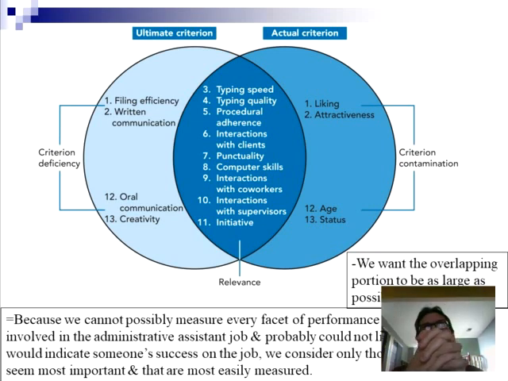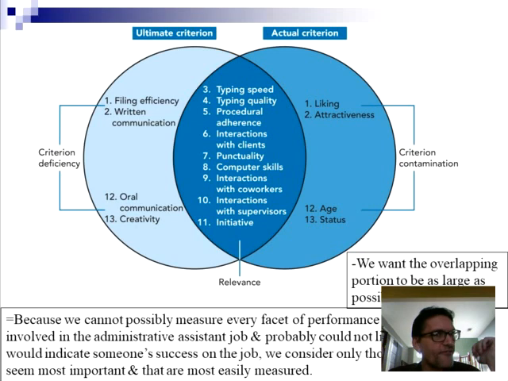In an example of, who should we hire? You can't give a new potential employee 500 different tests, right? It's just not possible. So you're going to just give them a subset of the ultimate criterion. Or some of the ultimate criterion might be